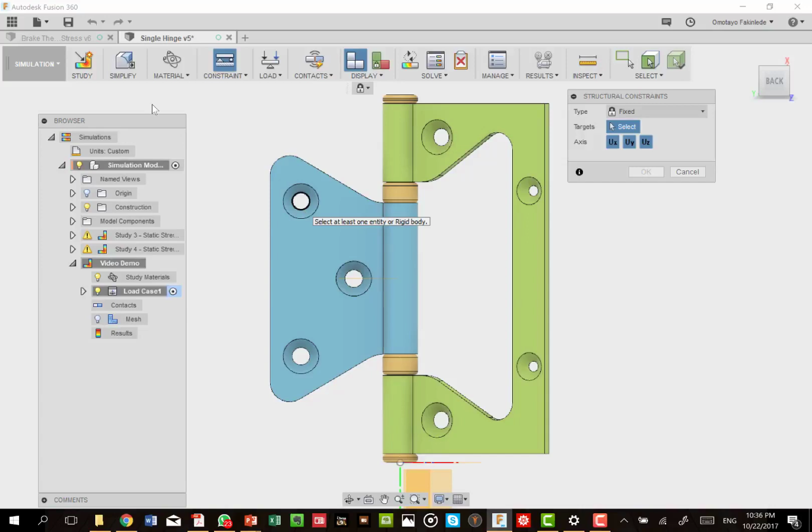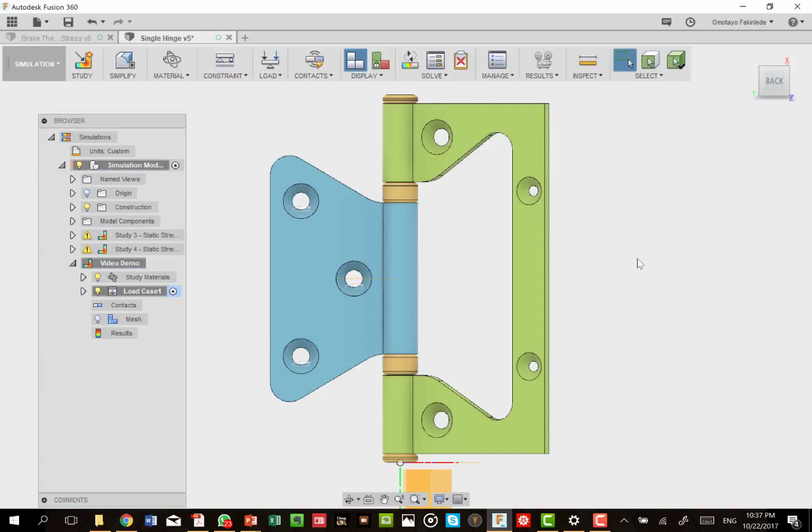We are selecting this, and this as the three edges that will be fixed. So we do not insist that the whole surface be fixed, but we are saying that those three edges will be fixed because those are the edges that carry the screws, and those screws are rigidly fixed. So let us choose that. If we're happy with that, we can select OK. So that is our set of constraints. This already sets the constraints for this simple problem.